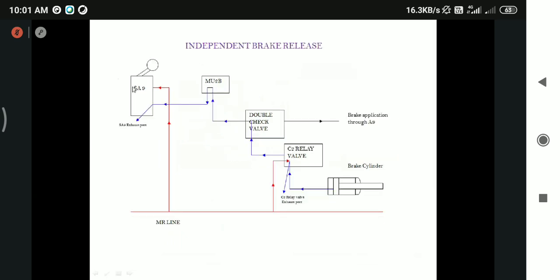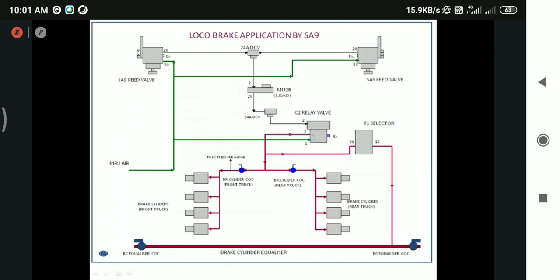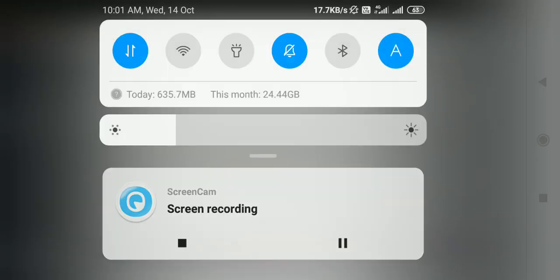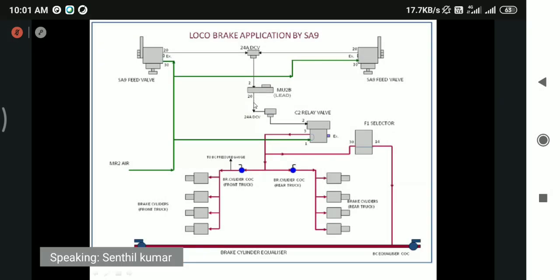If you move the SNN handle to release position, what will happen? The pilot air pressure which was applied, you see, if you move our SNN handle to release position, the pilot air from this SNN valve through the double check valve, through METB and through the second double check valve, to the control air port, receives this pressure.